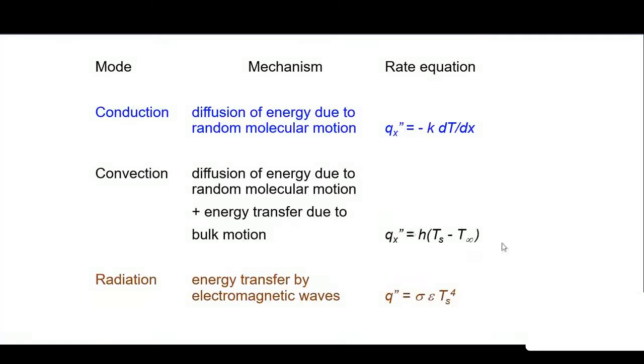We are going to talk about each mode in more detail in the subsequent lectures. Right now we are just having a small introduction. Now let us try to find out some numerical examples, and with the help of the numerical examples, let us see how to use these equations. So we are having a first example.